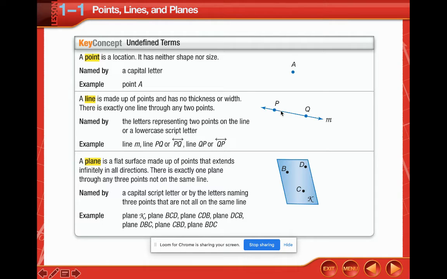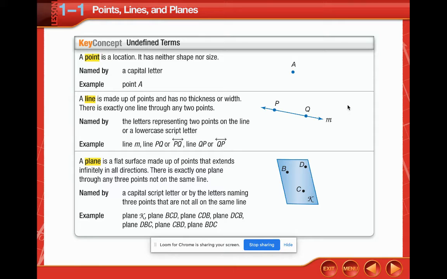So this line could be called line M. Whenever you see a cursive lowercase letter, a lowercase script letter like M, next to the line, that means it is line M. You could call it line M, but you can also call it by